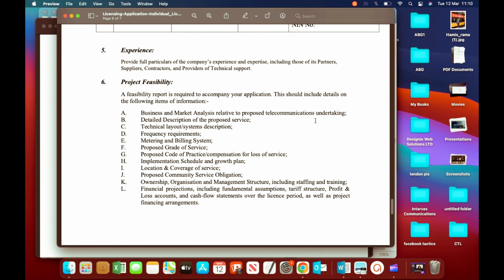Then on the detailed description of the proposed service, which is point number 2, here you have to define and describe the service you are going into, like I made the example of caller tune or bulk messaging. If you are going into value-added services and you want to delve into bulk messaging services, that's A2P, you have to define what it is.